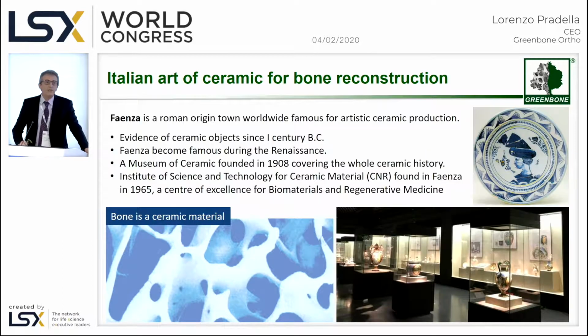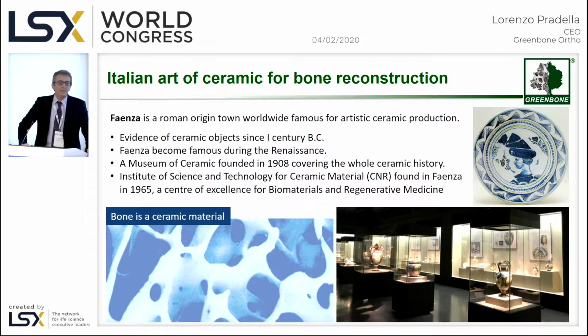Just a very short comment to conclude my presentation: why we are based in Faenza, in the south of Italy. Well, for those of you that have been in Italy, Faenza is one of the hearts of ceramic materials since the Middle Ages, for arts and buildings and so on. And so we have been able to capitalize and benefit from a stratification of knowledge in this specific field that expanded in many different directions with the expansion of use of ceramics, including bone regeneration, so regenerative medicine,